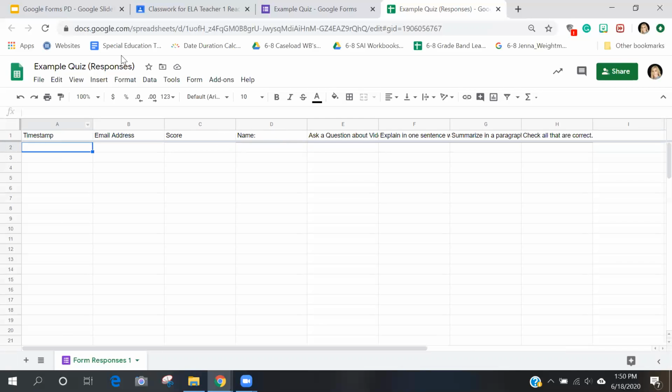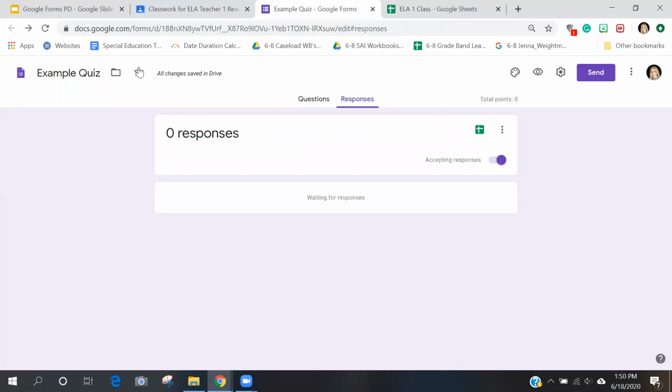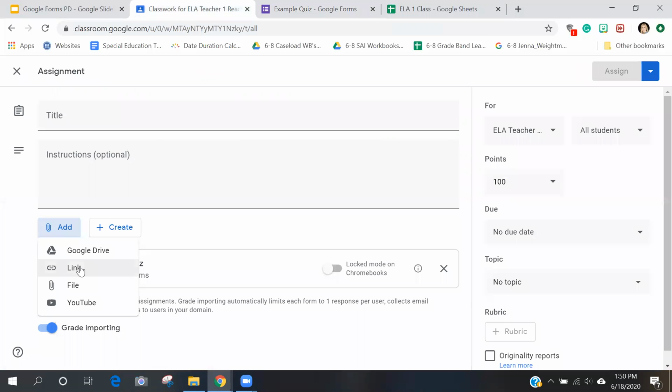Once you have this created for this class, I would rename this ELA 1. Once again, this is your first sheet for this class. And then still down in tab 1, form responses 1, you can just change this to quiz. These are just kind of housekeeping items. Okay, so now that you have this ready,